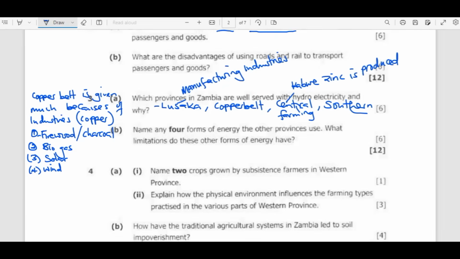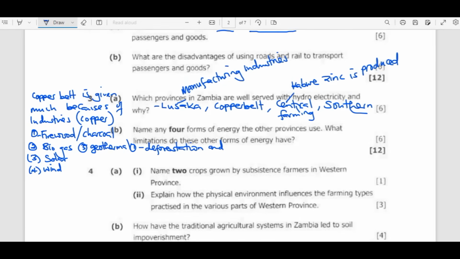And then the other energy that we can give is geothermal. So they get heat from the earth. So that is geothermal. And then when we look now at limitations, number 1, charcoal can cause deforestation. So that is a limitation. So deforestation. And then not only deforestation, but also charcoal burning can also lead to